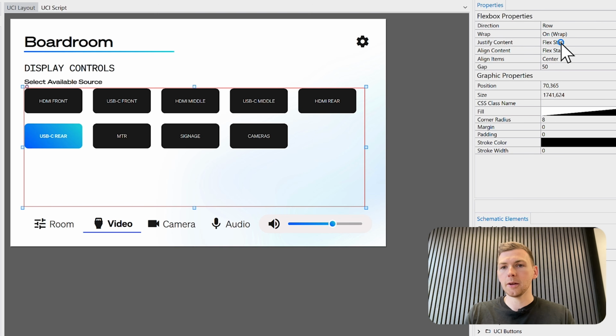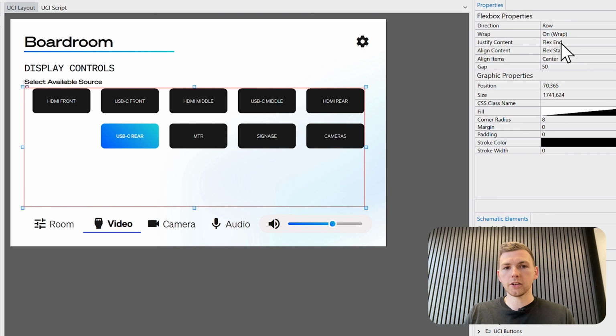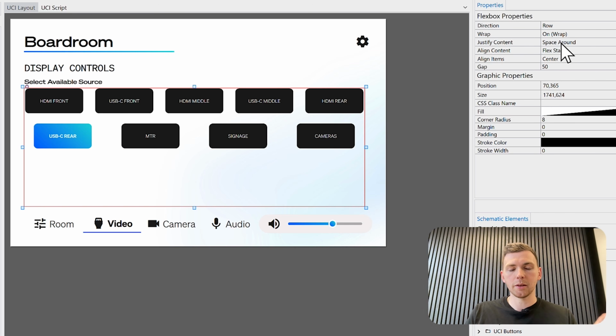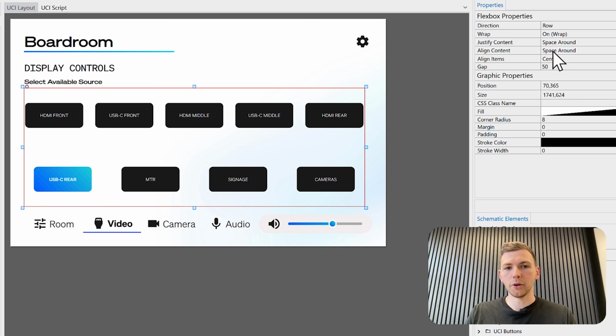We could change the justify content to actually change the alignment left to right. You can change the align content, and that's going to move it top to bottom. So you can see that there's a huge number of options here for how you actually want things to look